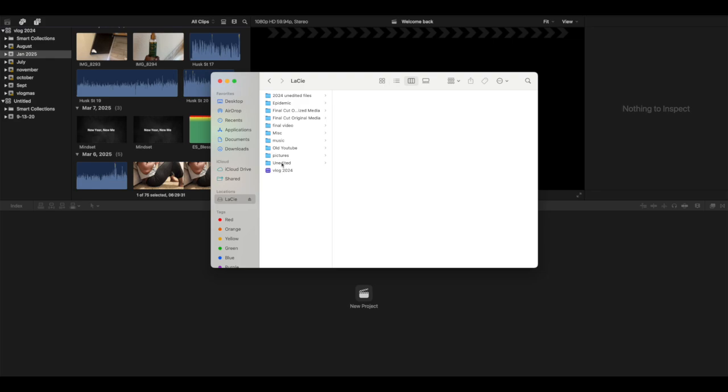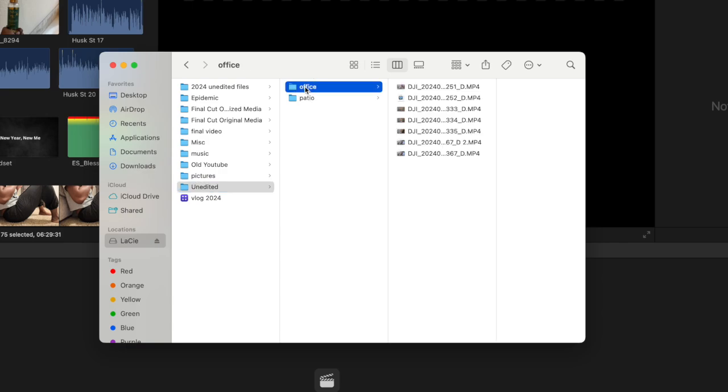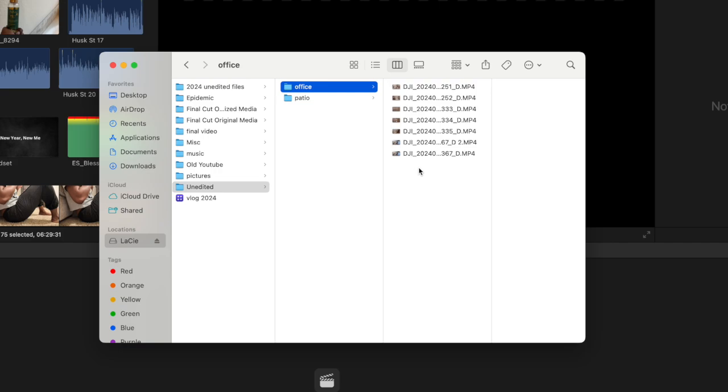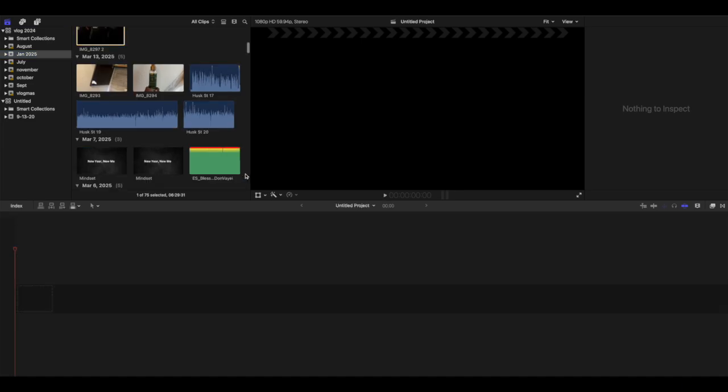Now, another way I stay organized is actually in my Lacie hard drive. So in my Lacie hard drive, you see these different folders. Some of the stuff is old stuff that I've just put on there to save files that were saved on my computer to make space. But for the most part, I will have